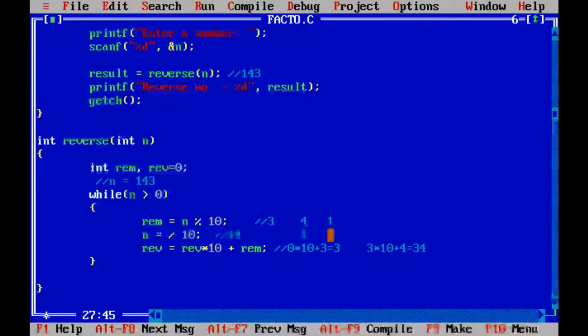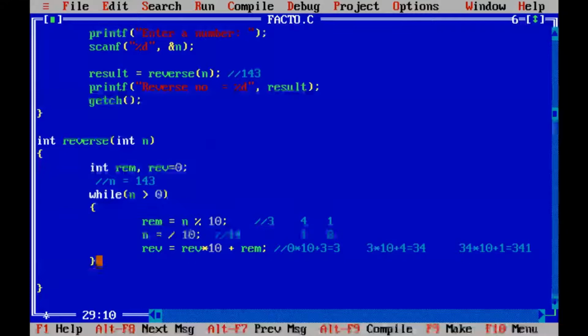So now this n will become 0. But what will be the calculation? This time in reverse we have 34, so 34 into 10 plus the remainder, which is 1. So it will give me 341. Now it will check n is 0, so 0 is not greater than 0, and this loop will break.